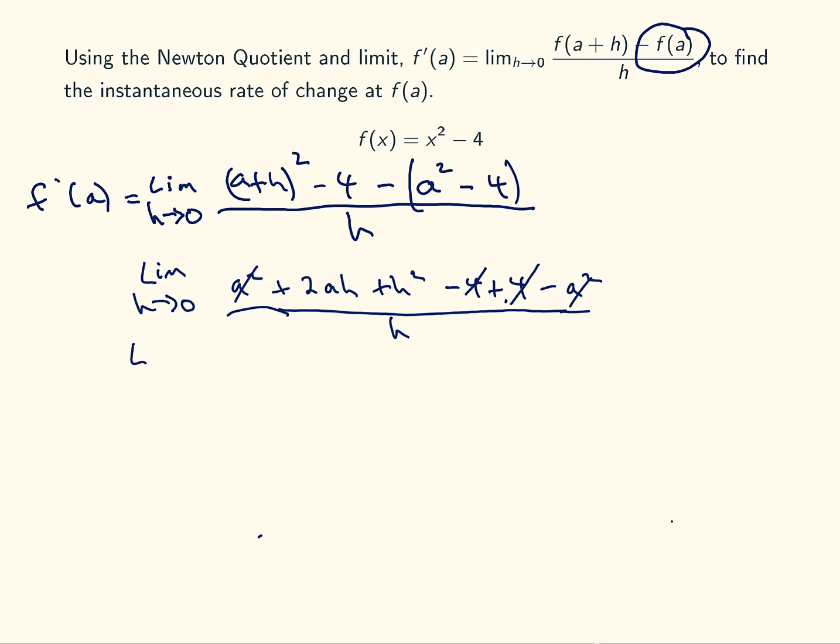Now, just to make sure it's clear for you following along, I'll rewrite what's left of the expression. We have the limit as h approaches 0 of 2ah plus h squared divided by h. We're going to divide h by h. There's an h in each of the terms in the numerator and an h in the denominator, so we can simplify, and we're going to be left with the limit as h approaches 0